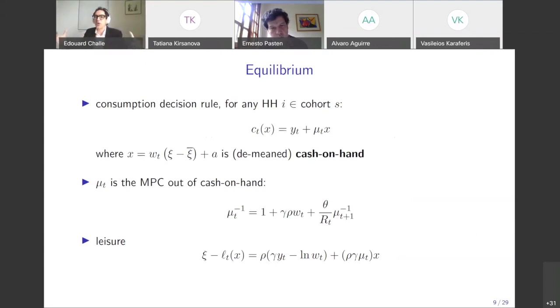So the fact of the cohorts becoming smaller and smaller makes the distribution of wealth well behaved in the long run. Okay. Yes, I guess that's why we need it. If we were only interested in the dynamics of the model, we would not need it. But we need a stationary distribution of the state X.